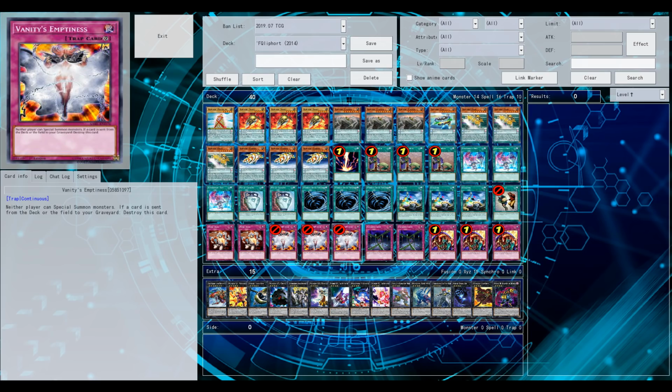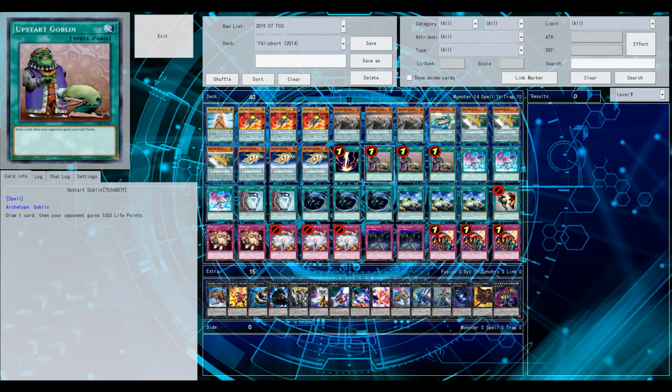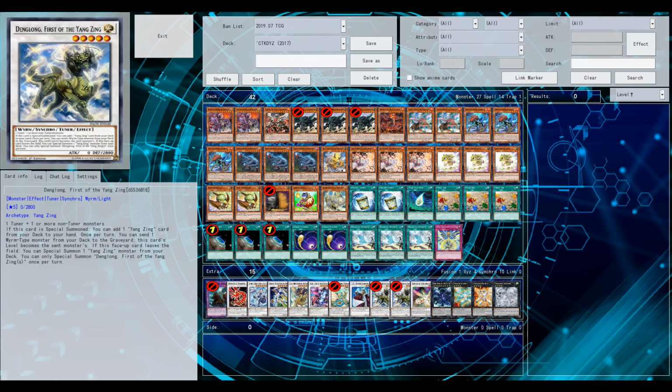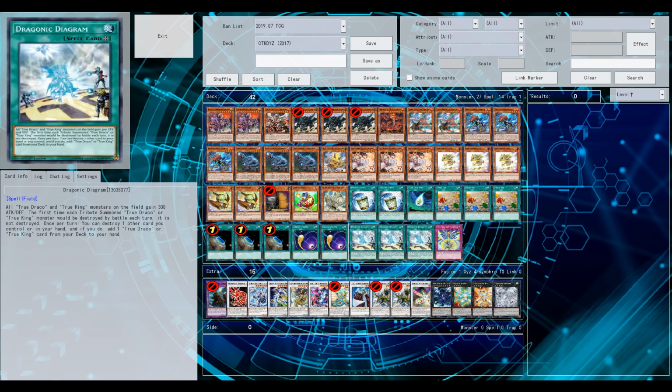So first of all, you have Qliphort from 2014, basically when they were first released, heavily relying on the floodgates like Vanity's Emptiness and Skill Drain, of course. So that's definitely the biggest advantage that Qliphort have over this powerhouse, this huge force of a deck being